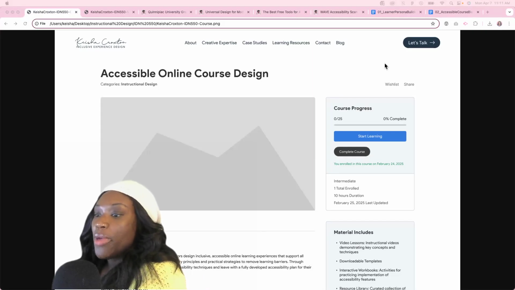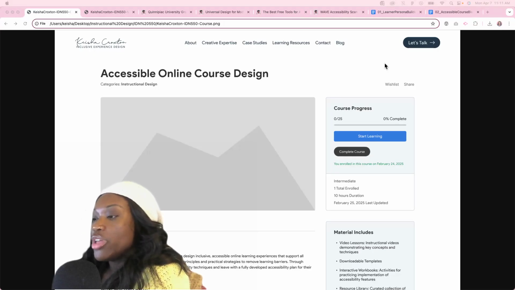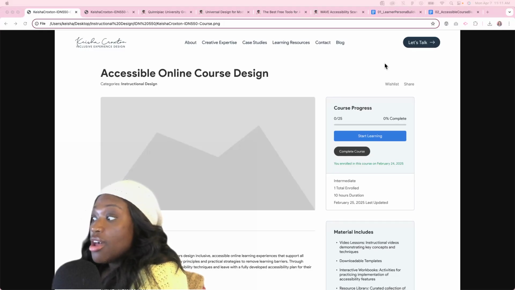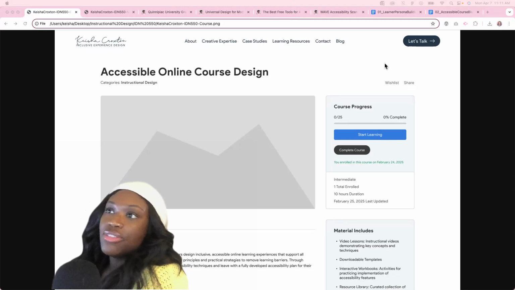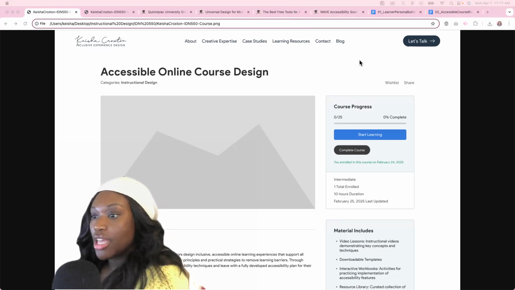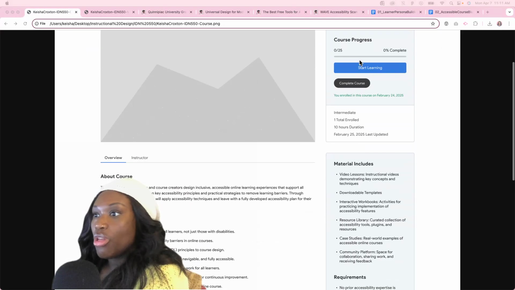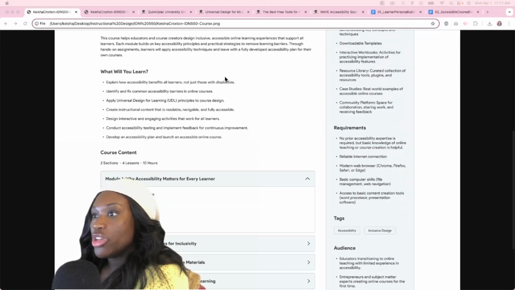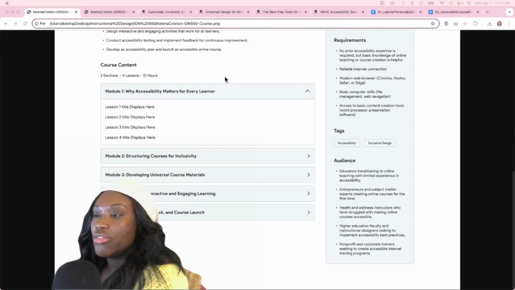Okay, so for my project, what I'm doing is an accessible online course design toolkit. It comprises an online course, and then the accessory templates, files, and things like that in order to create items for the course. So it starts out with this overview here, and I've designed wireframes to give the general layout